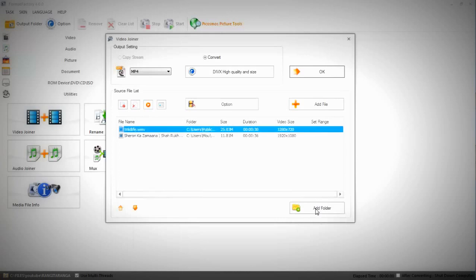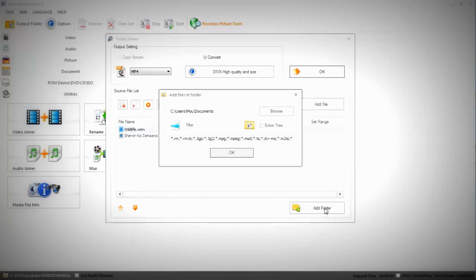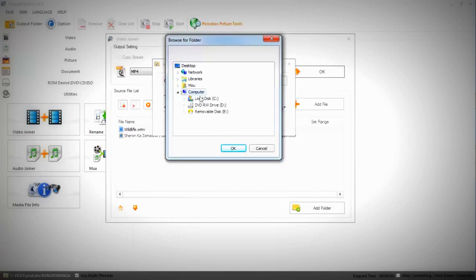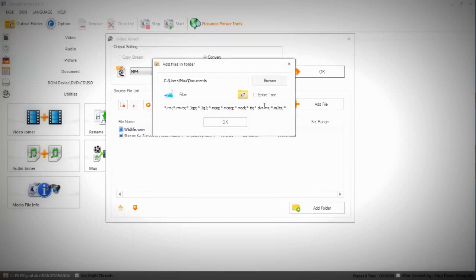And here at the bottom of this pop-up screen, you can see there is an add folder option. If you click this, a small subfolder will come up, where you can further change the settings of where you want to get the final output video. You can click on this browse option and select the folder of your choice where you want to save the output video, and these are the quality settings.